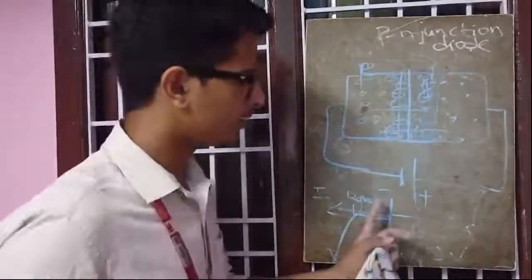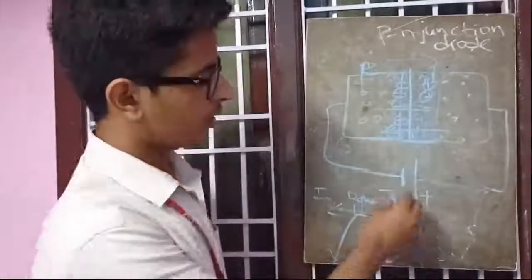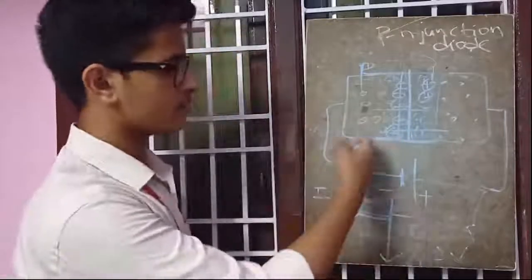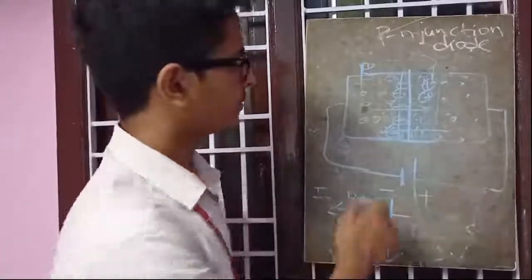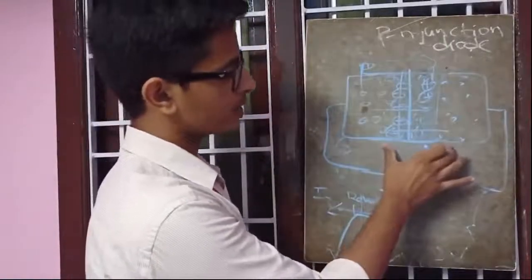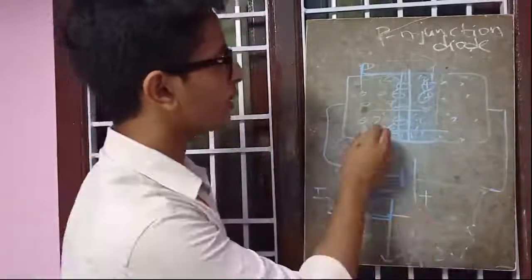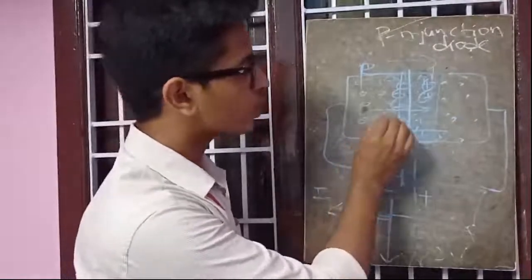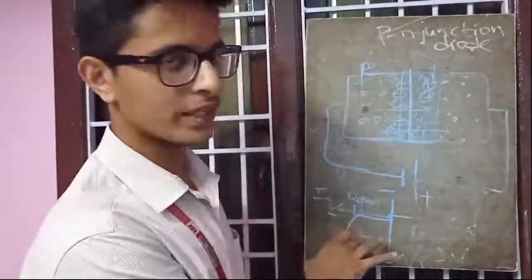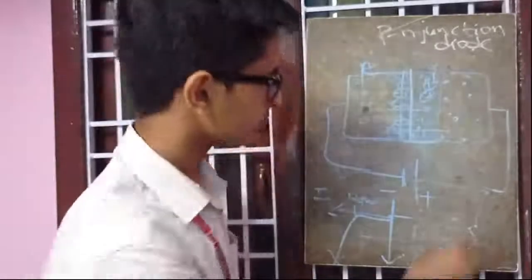When we apply reverse bias voltage in the external circuit of the p-n junction diode, the negative terminal of the external source will attract the holes. Similarly, the positive terminal attracts the electrons. So the width of the depletion layer increases. As the width of the depletion layer increases, the potential barrier also increases. So there will be no chance of the majority carriers to cross the barrier. So there is no question of majority carrier current in reverse bias. So the current in reverse bias is only due to the minority carriers.